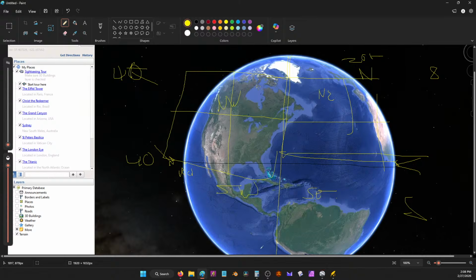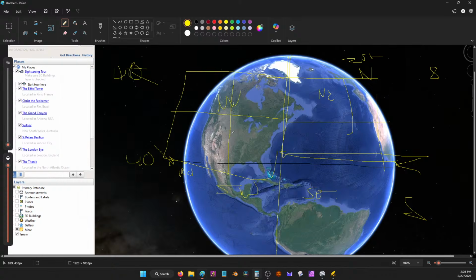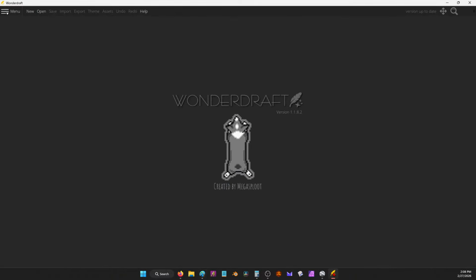We're going to take that 20K and divide it up by 4. And that makes 5,000 kilometers from that point to that point. And that's the size of the worlds we're going to make. Okay, why kilometers? It divides up a lot easier. Okay, so now we've got our dividing up, but let's go to our program that we're going to be making